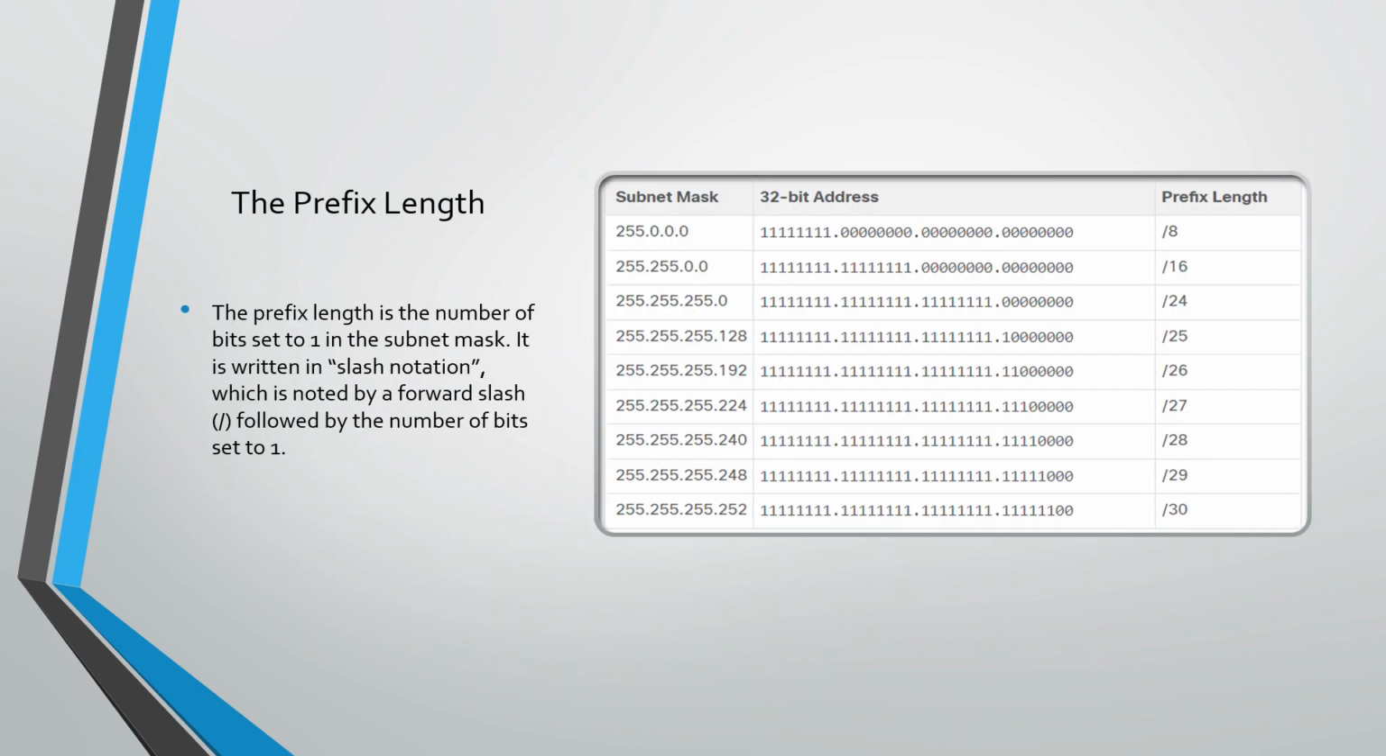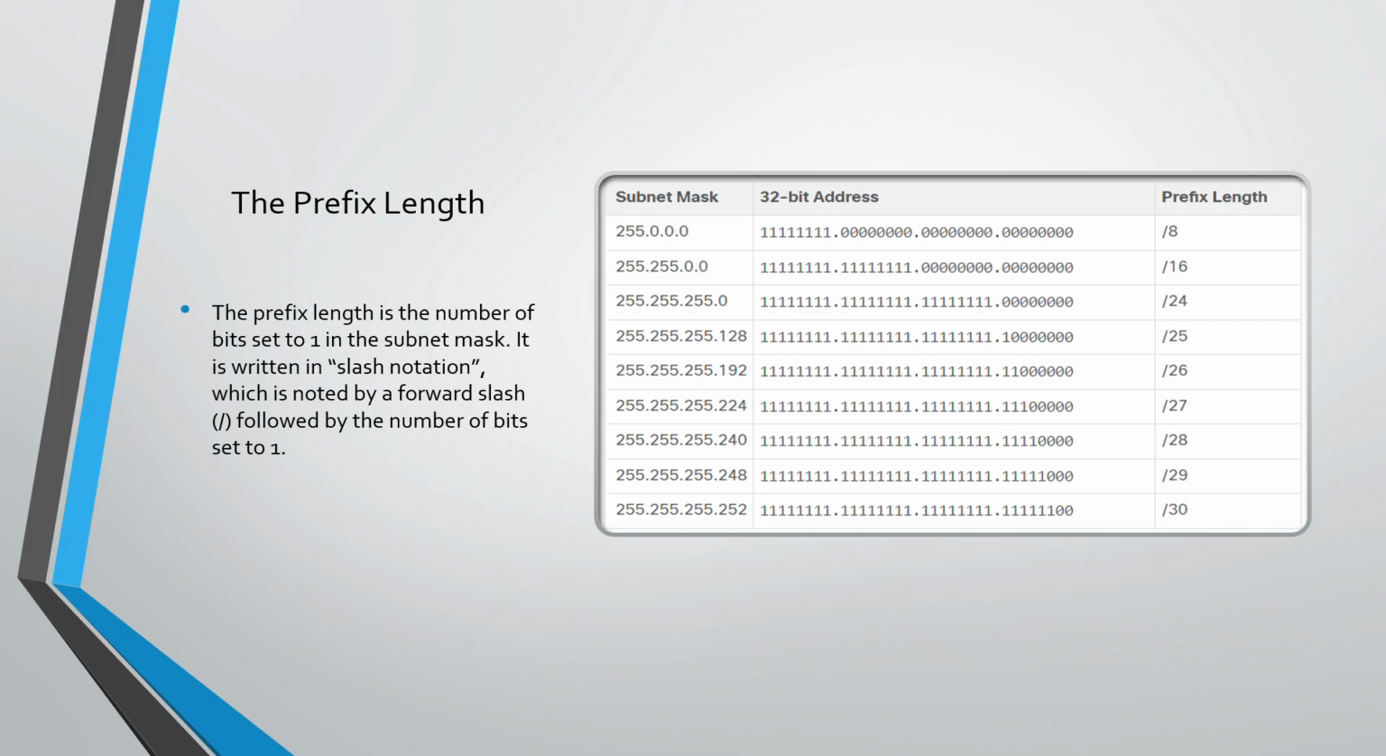When it comes to the prefix length, the prefix length is the number of bits set to 1 in the subnet mask. It is written in slash notation, which is noted by a forward slash followed by the number of bits set to 1. So if you look at this graph here, it shows the subnet mask, 32-bit address, and then the